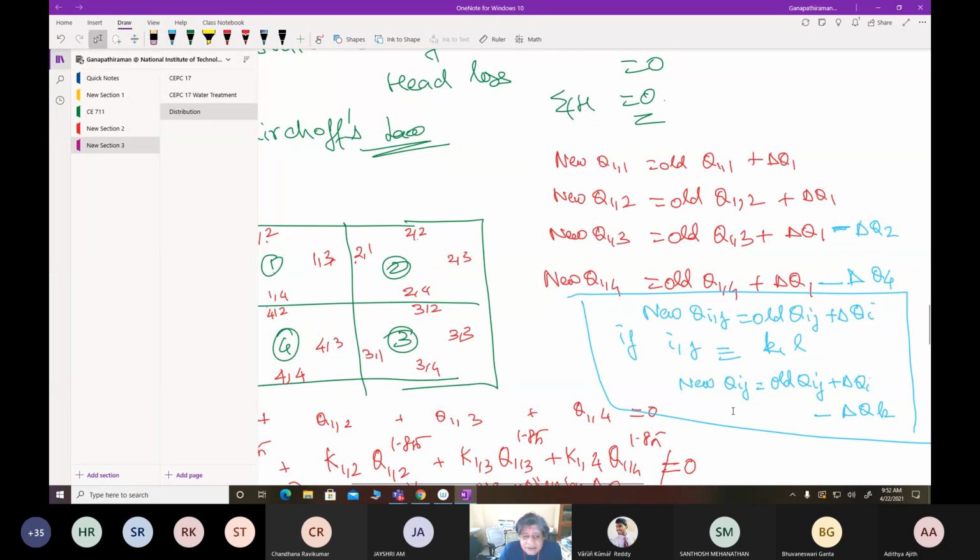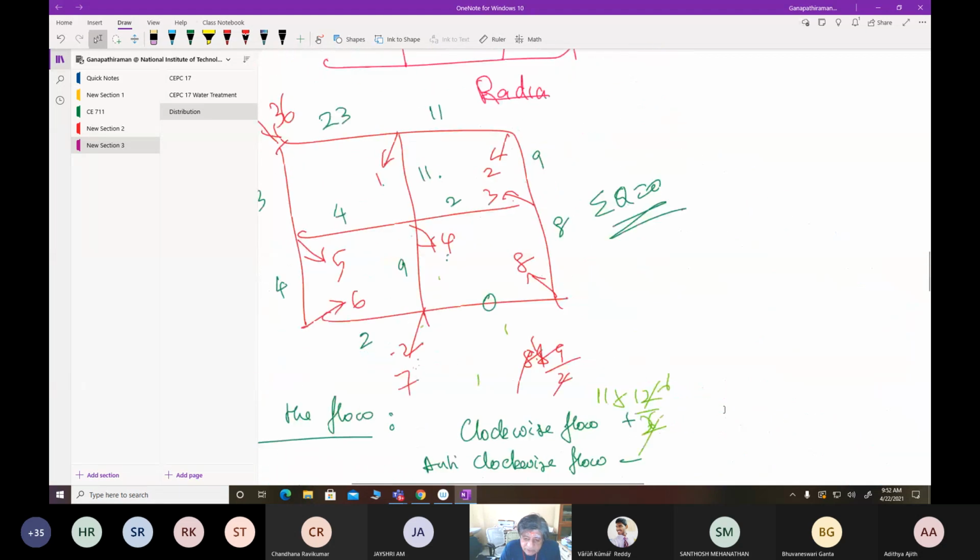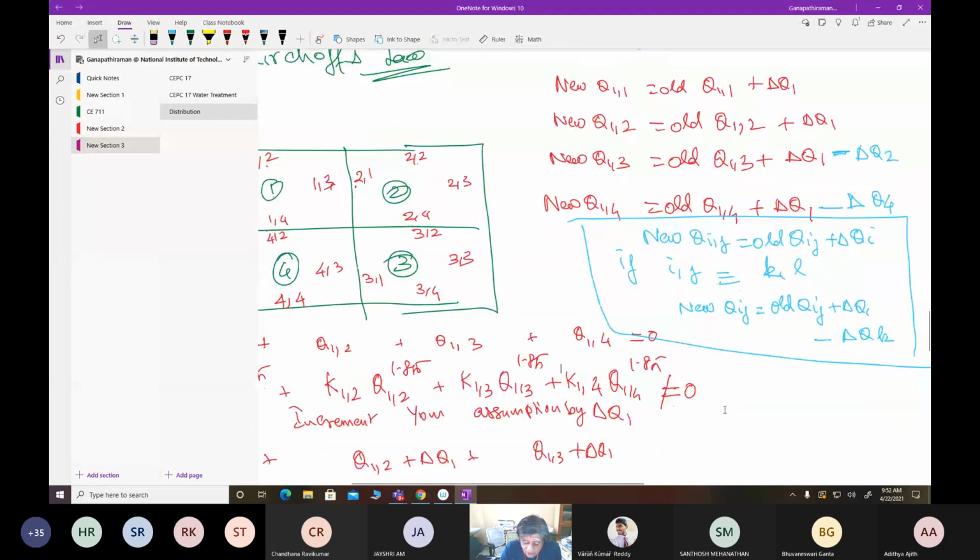What we do is we assume a flow here. Similarly, we will assume a flow, and for the length of the pipe, diameter of the pipe, and material of construction of the pipe, we will have a coefficient K. So we will assume the K coefficient and correct the network. If it satisfies that sigma Hij is equal to 0 and sigma Qij is equal to 0, the network is said to be balanced. Then whatever design we have carried out, initially we know what is the flow in the pipe.